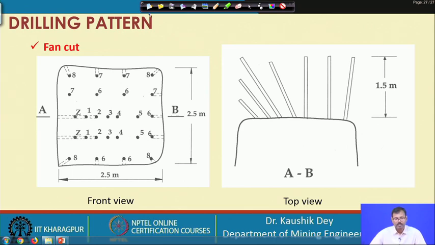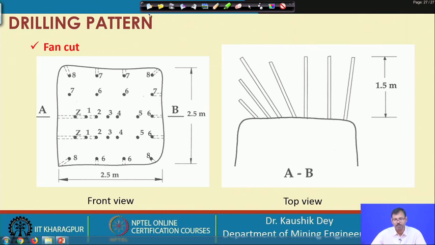If you rotate fan cut by 90 degrees, you will achieve a drag cut, or if you rotate the drag cut by 90 degrees, you will get a fan cut. So, fan cut and drag cut are both half wedge cuts, but they are perpendicular to each other. Drag is basically the vertical half wedge holes. As it looks like dragging the material, that is why it is called drag cut. Fan cut is horizontal.